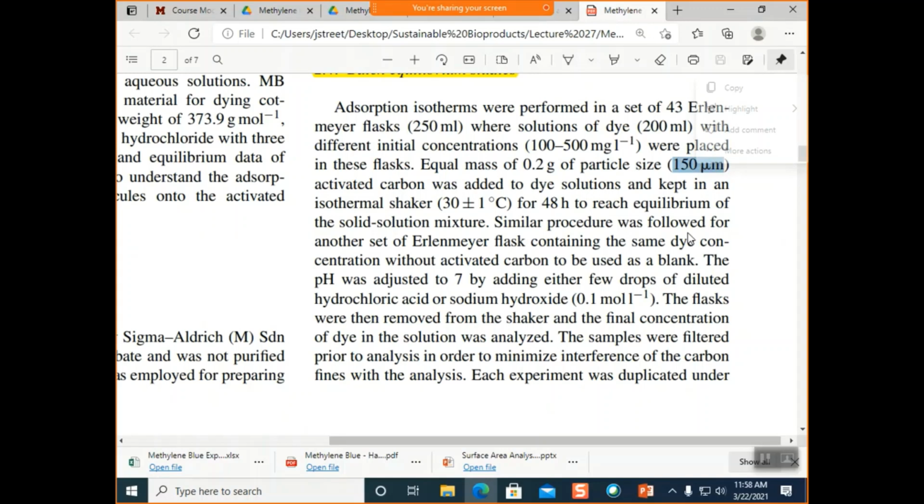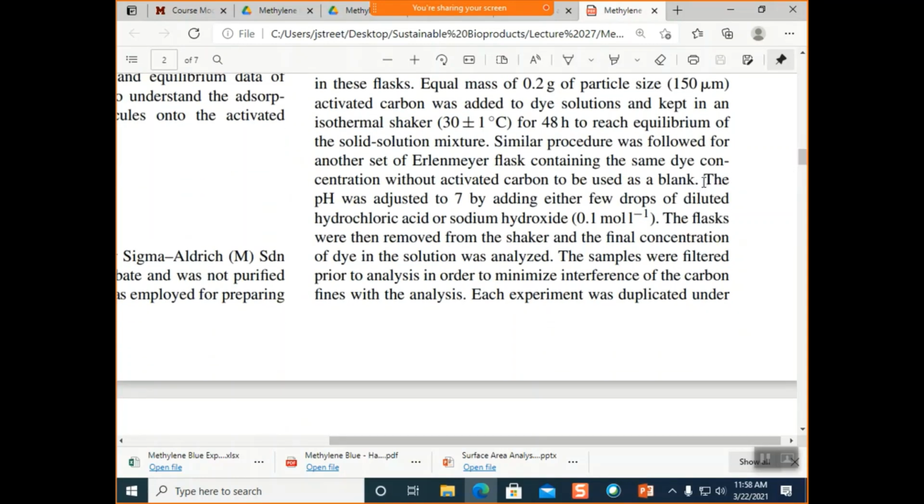So their activated carbon was sieved to a very specific particle size, 150 microns, added to the dye solutions, and kept in an isothermal shaker at this particular temperature for 48 hours to reach equilibrium. And then they also used a blank for these solutions to make sure everything was properly correlated, or